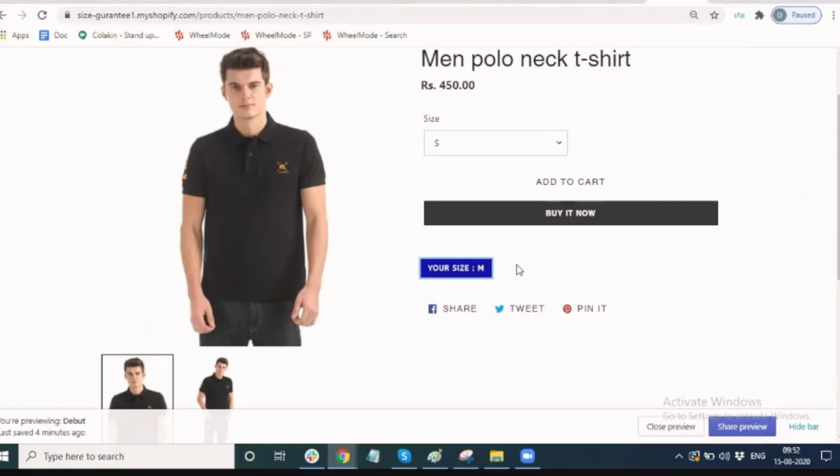Now this sizeguarantee.myshopify.com is the URL we have given in chat. So anyone can try using that actually. Yeah. Okay. So this is the size demo integration.